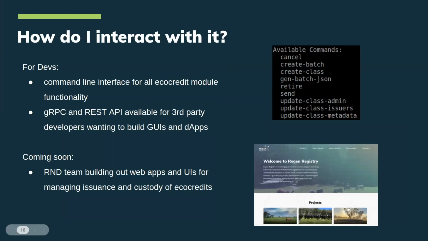And then, okay, how do you interact with it? Essentially, there are a couple options here for developers. We have the command line interface. If you're comfortable with using the CLI, you can use the command line interface to interact with the ecocredit module, as well as query information from the ecocredit module state. And in the example on the right here, we have an example of what some of the transaction methods are,